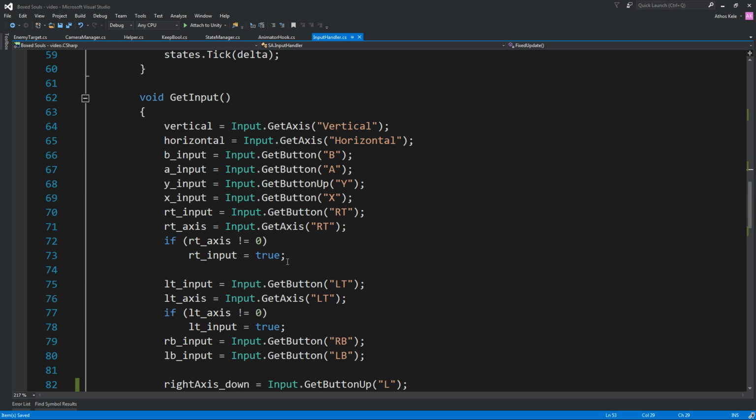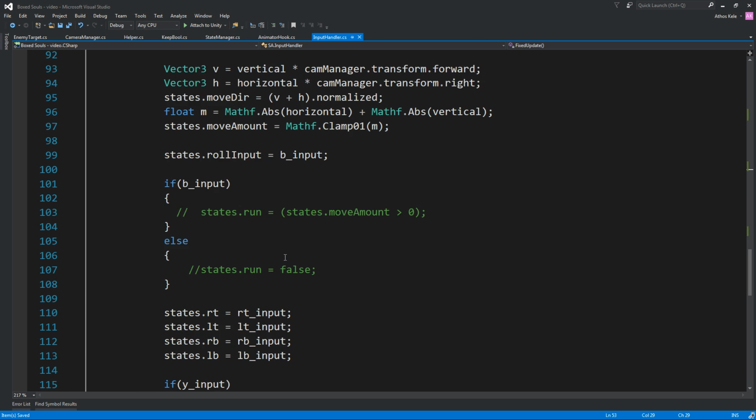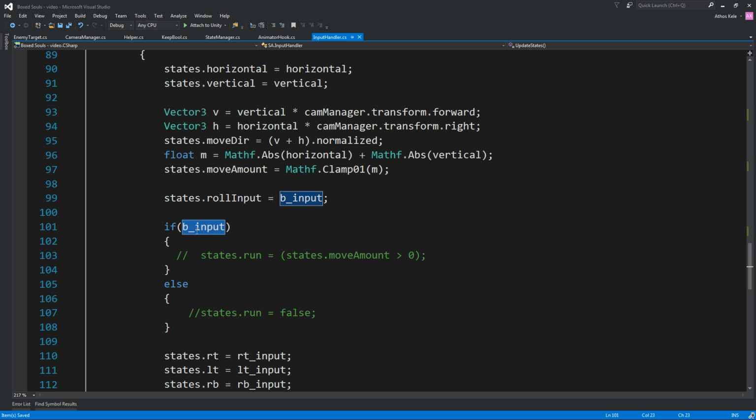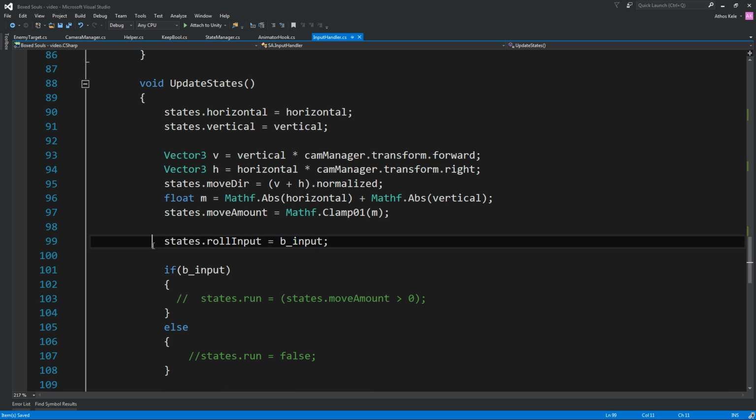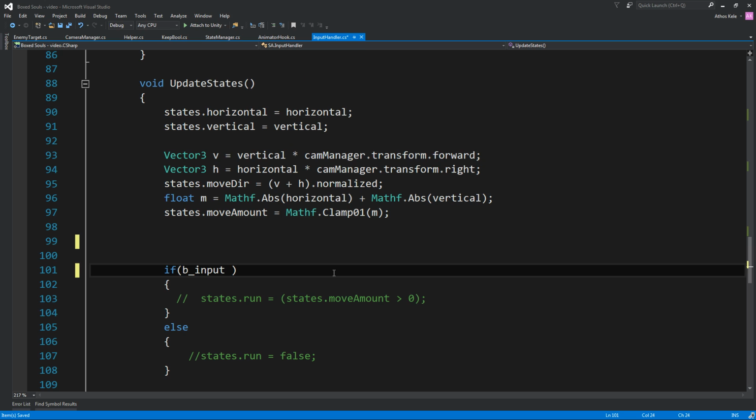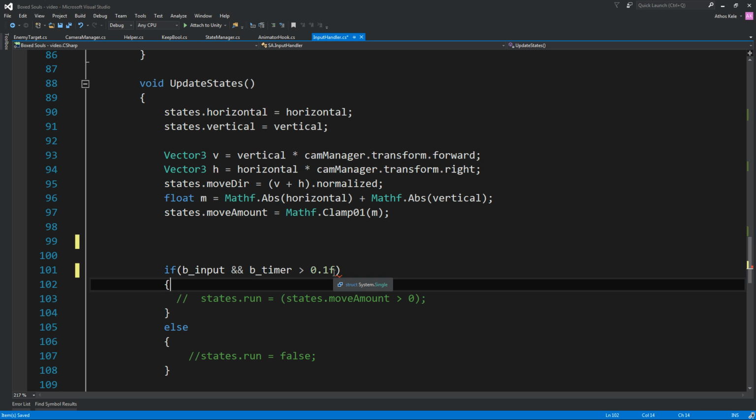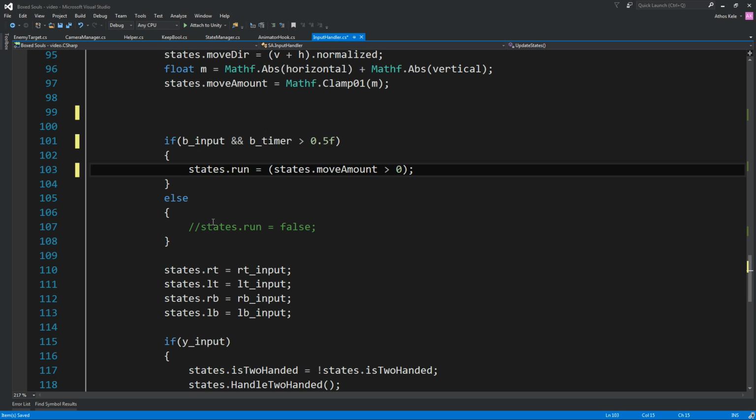Okay, so the reason for this is when we are actually pressing the input, we're going to check if B input is greater than and timer, and B timer is greater than 0.1. Let's go with, yeah, this is probably too small. Let's go with 0.5 for starters. Then you're going to start running. Otherwise,